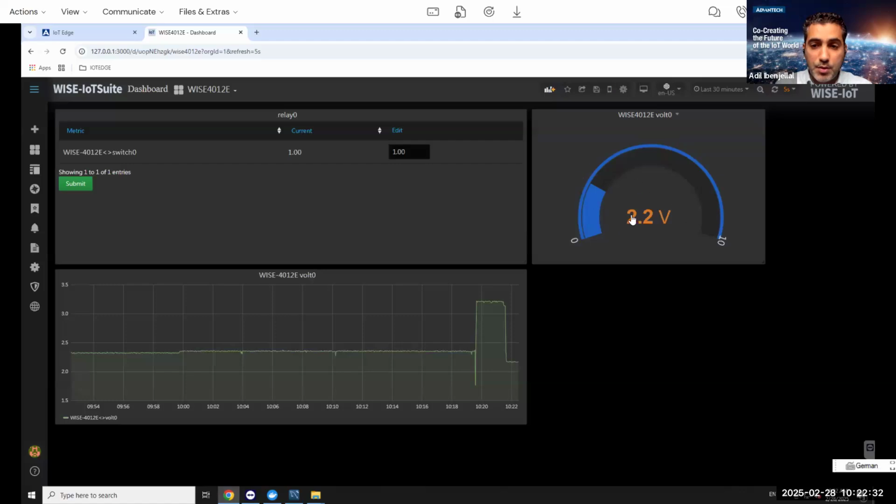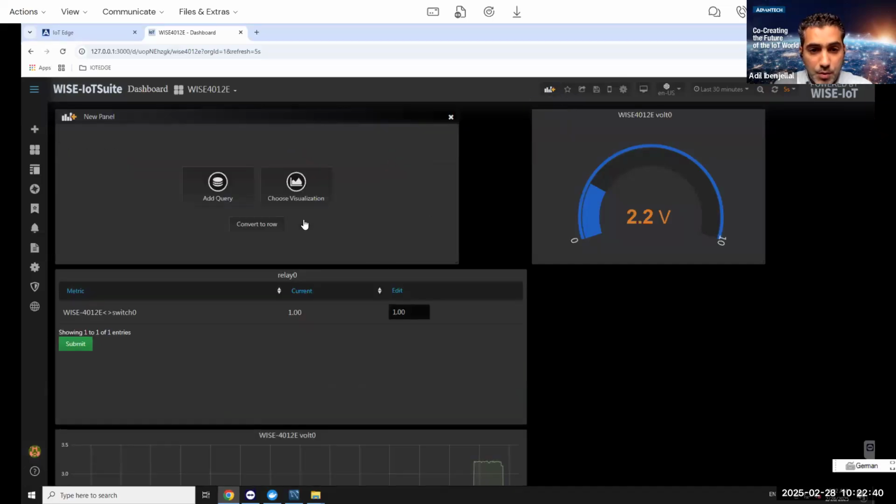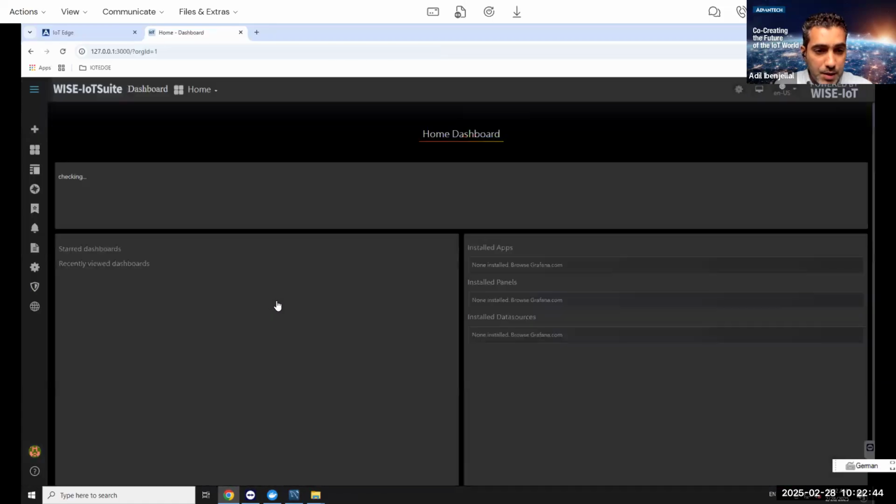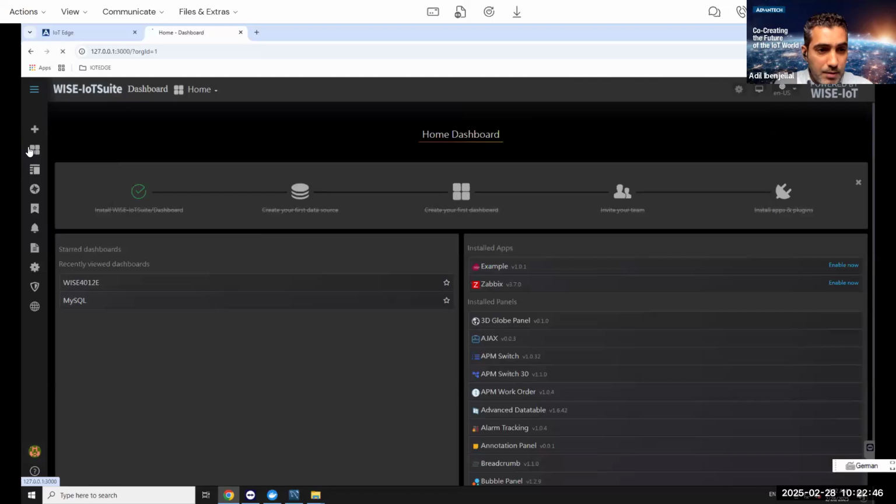So here I am monitoring the value of the analog input. Here I can even trigger. So let me start from scratch to show you. Okay, just to start with the visualization,